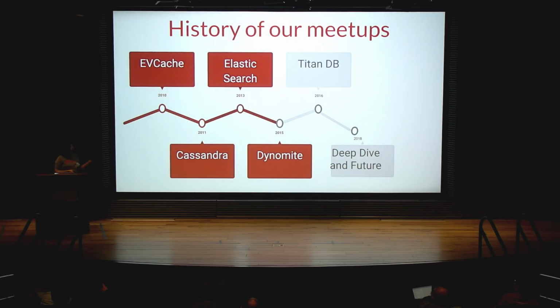So over the years, we have been doing quite a lot of meetups. We started with EVCache, which was started around 2010. And then we embraced Cassandra, and over the years, we have been giving talks about how Cassandra has been working great for us behind the scenes when it's doing the replication. We use it for active-active, as well as how we are doing upgrades at scale in Cassandra.